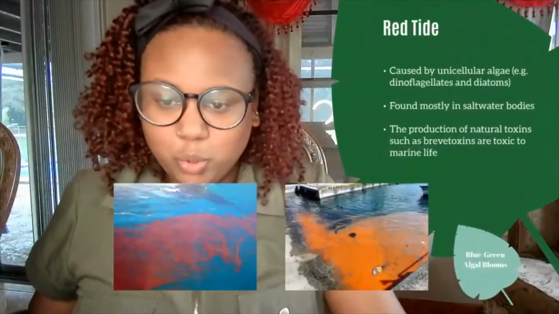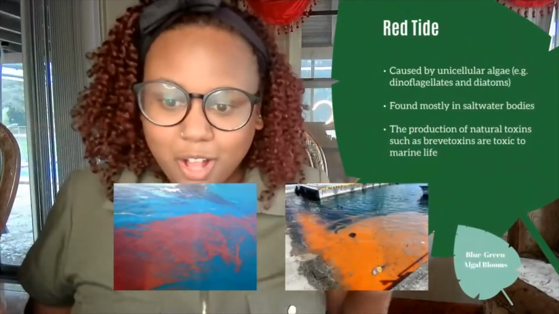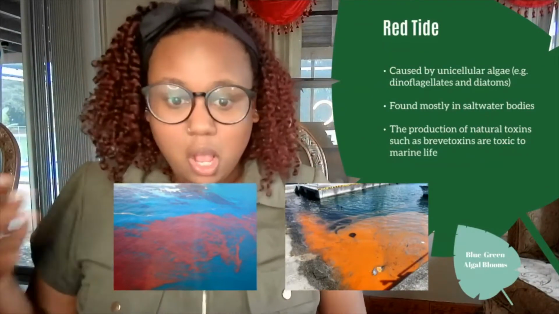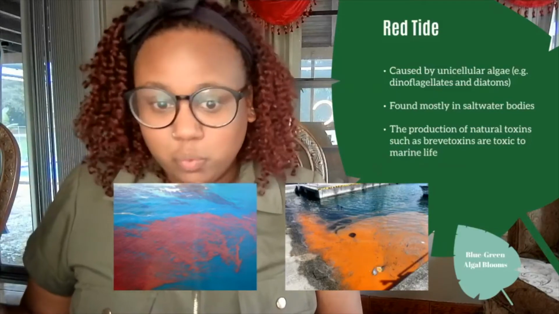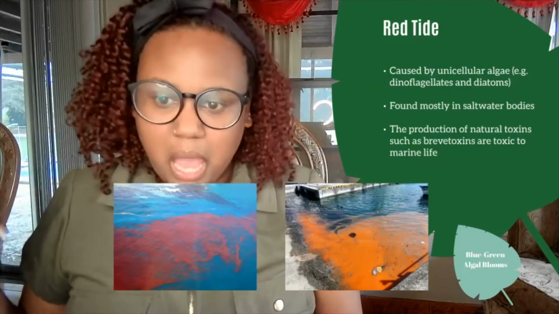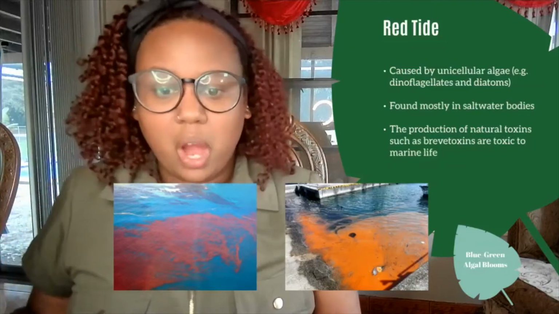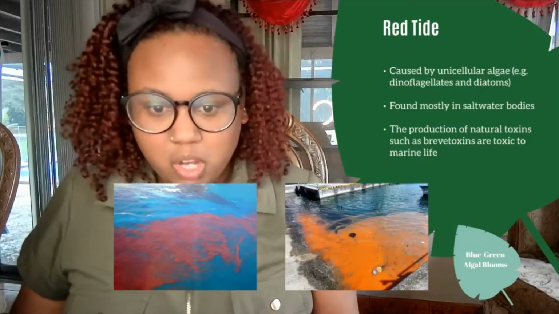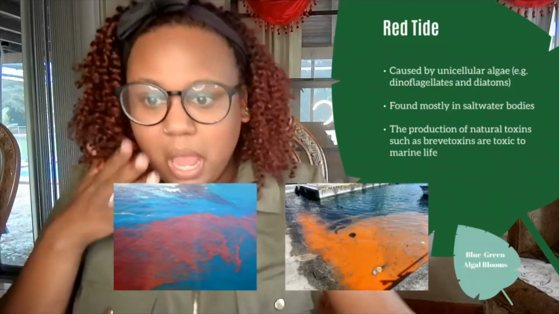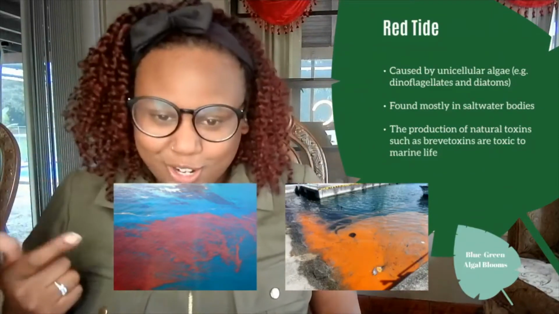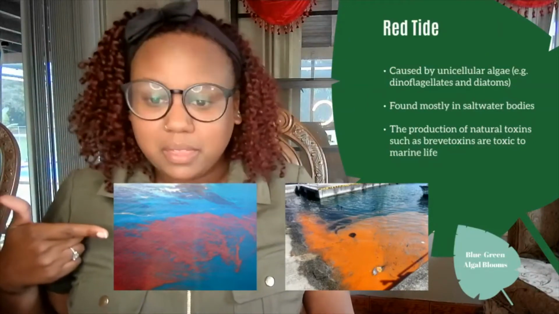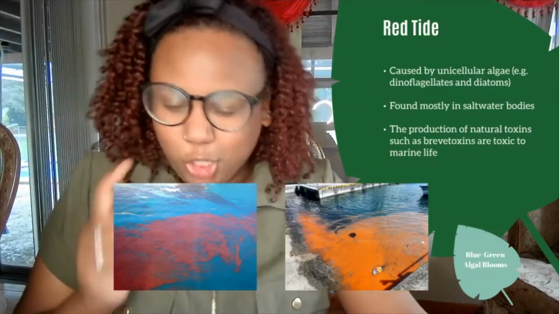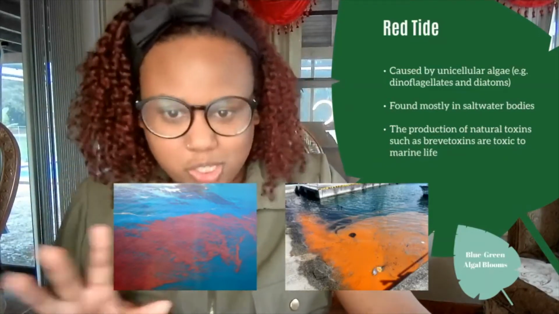So, when we're talking about algal blooms, the two main algal blooms that we'll see a lot of, especially in the media, are red tide, which are caused by a unicellular algae such as dinoflagellates and diatoms. These typically happen in our saltwater bodies because they don't thrive in freshwater. But an issue is that they can produce natural toxins such as brevetoxins that are toxic to both marine life and human health. And don't be fooled. Yes, they're called red tides, and sometimes it can look like this, but they can also be brown and look a little bit more like this over here. So just because something doesn't look red or seem like red tide right away, you should still be cautious when